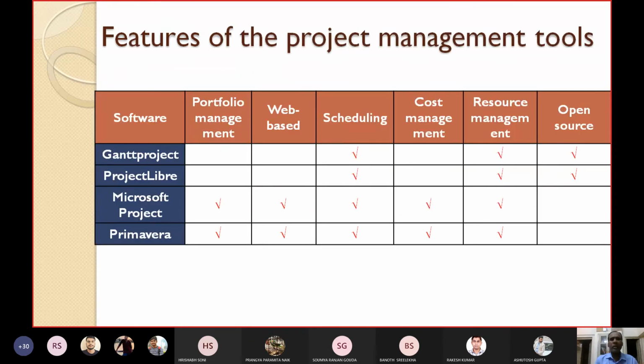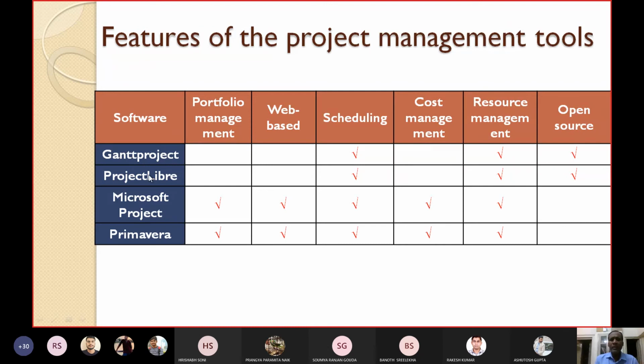Now let's quickly compare the tools that we have discussed with respect to different characteristics. Whether it supports portfolio management or not, which I have already told you in chapter 2; whether they are web-based or not; whether they support scheduling, cost management, resource management; whether they are open source tools or commercial tools.